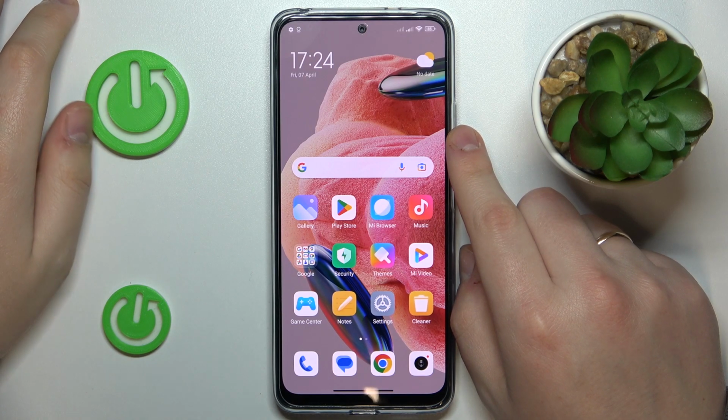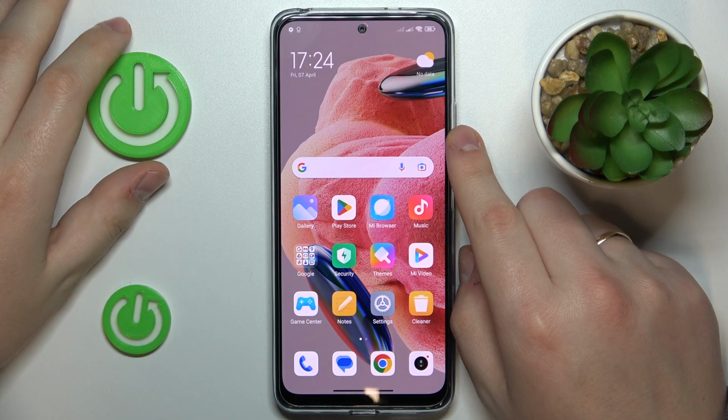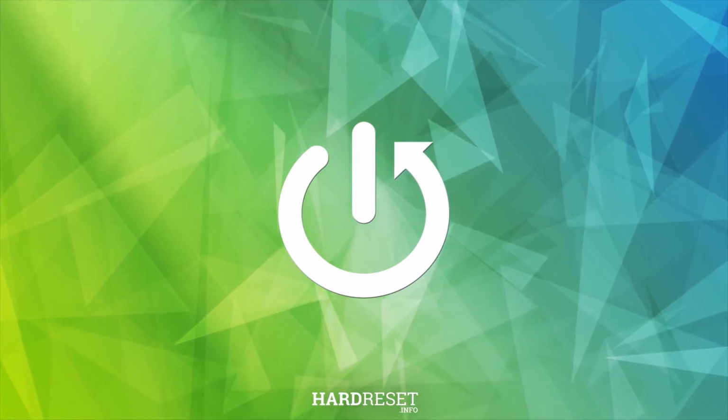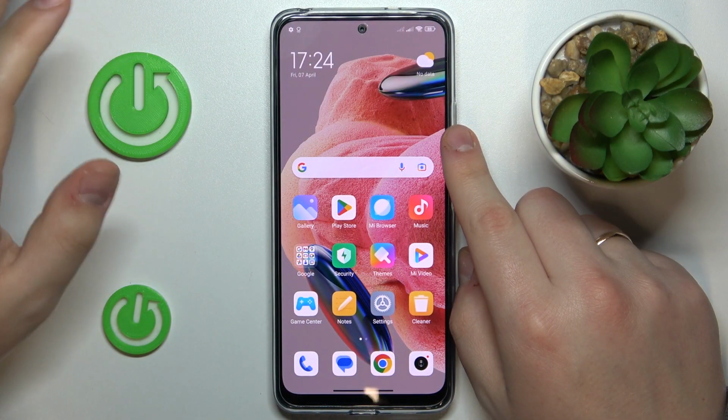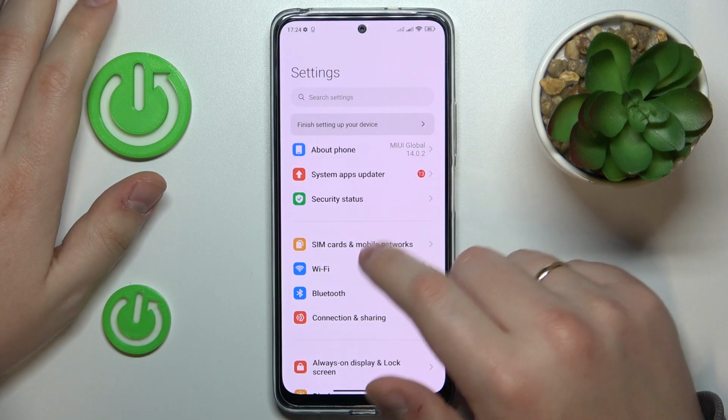This is Redmi Note 12, and today I would like to show how you can check how much internal storage you have on this device. So first order of business is to launch the Settings app, then enter the About Phone category, the very first one